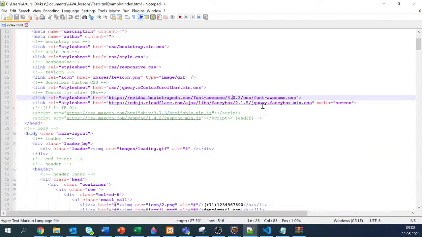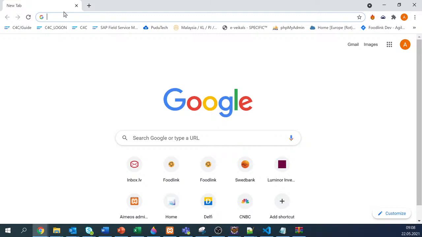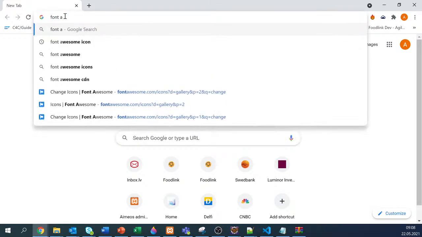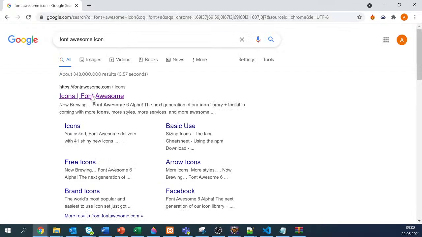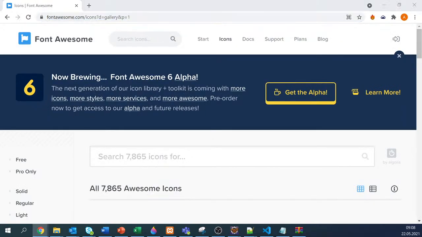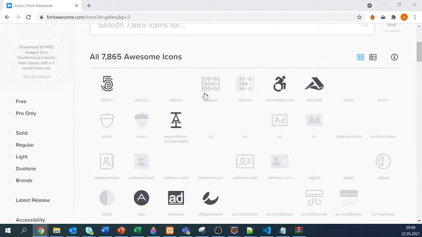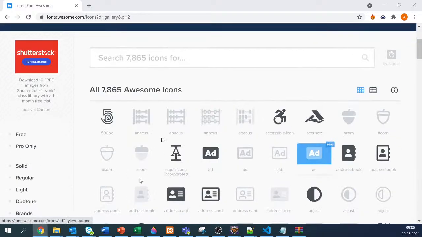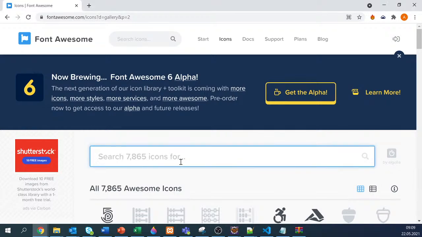Lots of icons are taken from there, and if you want to take a look, it's Font Awesome. Usually search for some icons to find it, and here I will also give you the link, so you can take a look at them, and here you can search for some